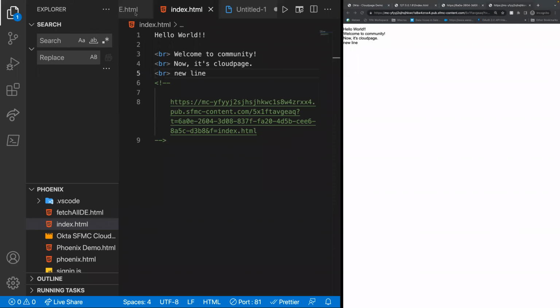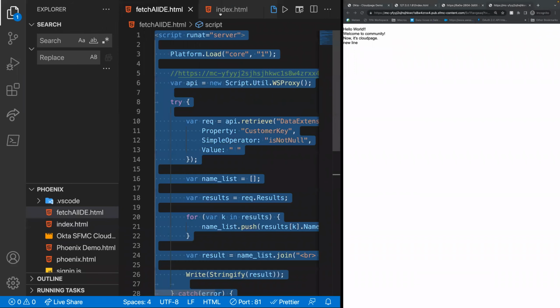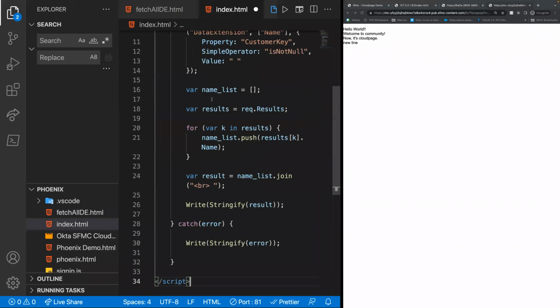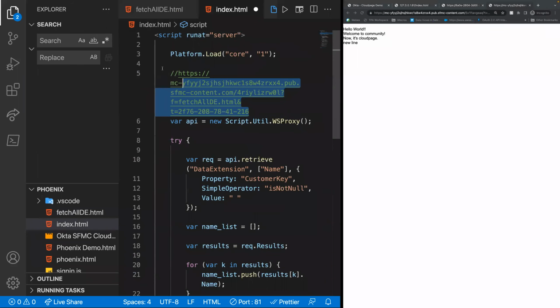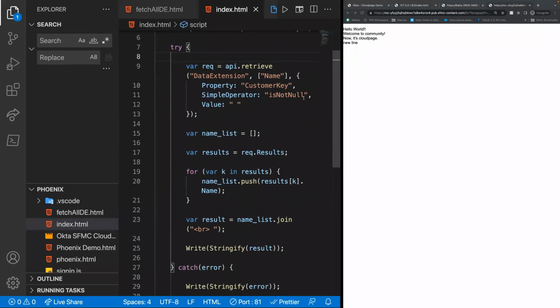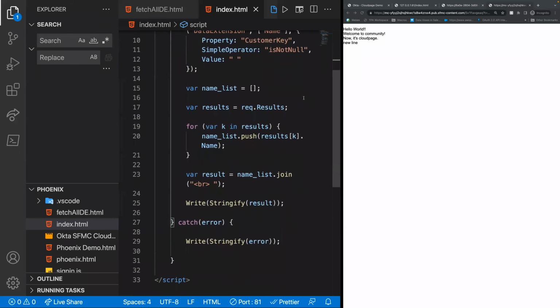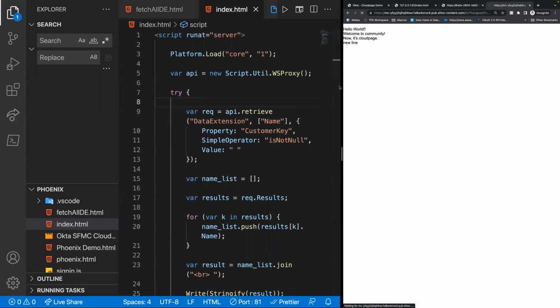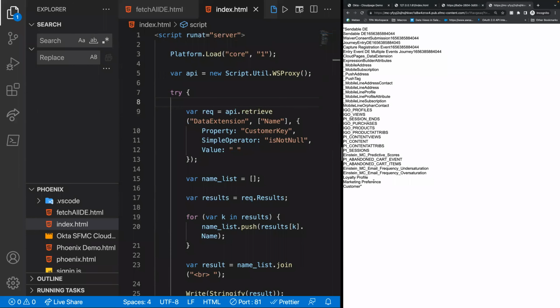Now the same way, let's try to do this, right? This particular script, what it does is it fetches all the data extensions in your instance. So I got this code from amscript.xyz. It's a pretty easy one. And I refresh this page. See, I have all the data extensions in my instance. Now you can go ahead and do all the changes that you want without having to republish this. So yeah, this is the demo on ngrok and